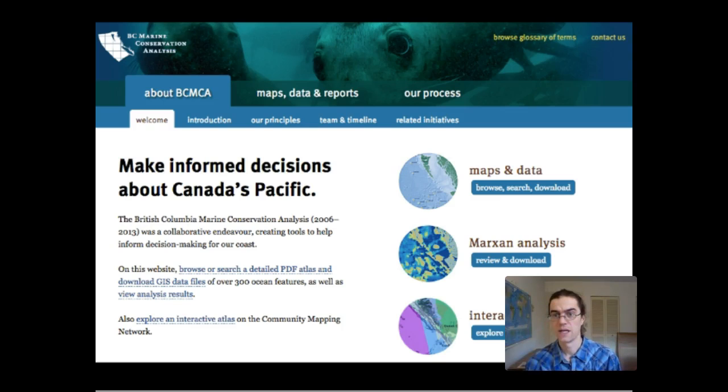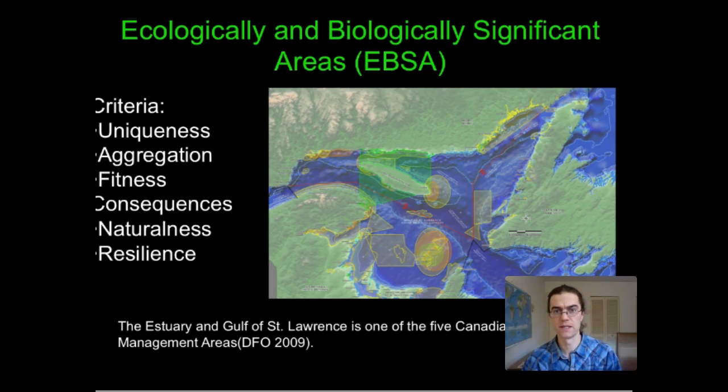Everything from maps and data to the Marksan analysis, interactive atlas. So just speaking to this contribution of data put out there. That's a neat little example. And then to continue on here into